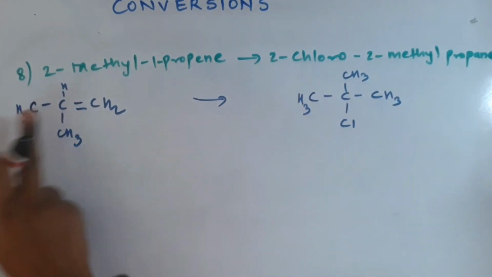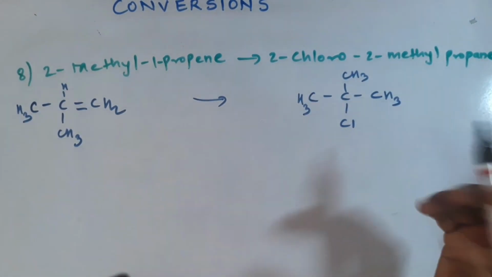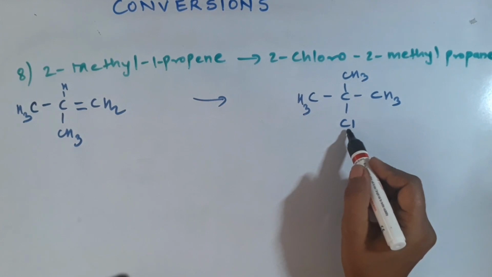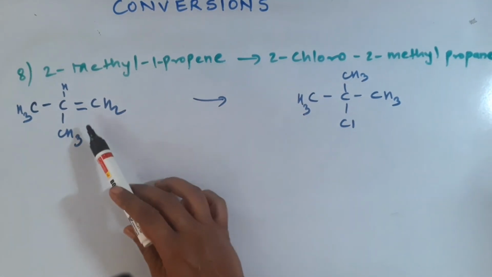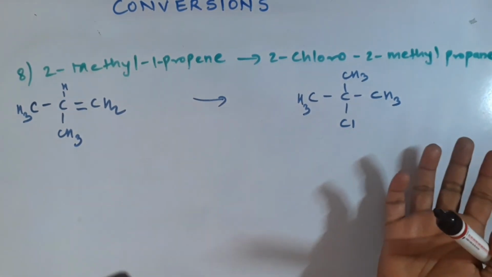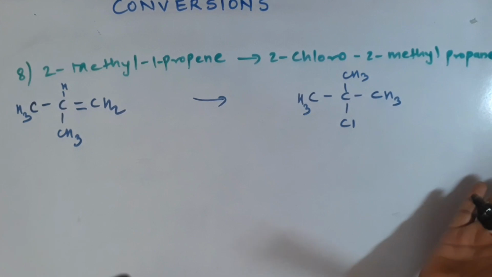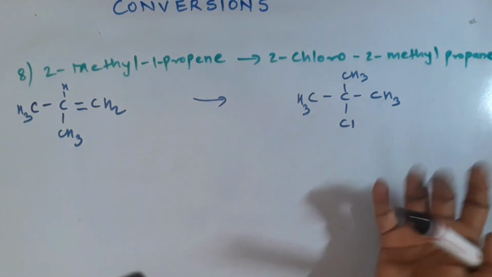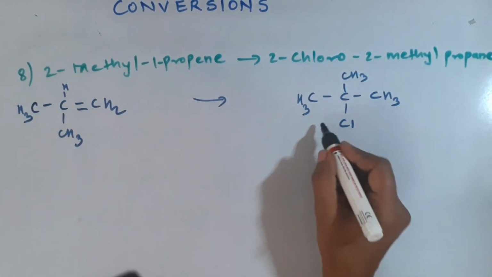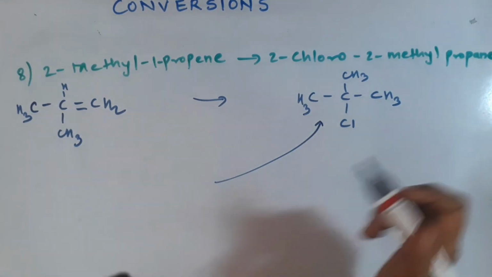Compare both the things. 1, 2, 3, 4 and 1, 2, 3, 4, so carbon atoms are not changing. What is changing is Cl. We have got an extra Cl; we don't have a Cl in the reactant. How to add Cl? We all know by adding reagents like SOCl2, PCl3, PCl5 and so on. But right now we will use a different reagent because there is a double bond here. So the best reagent to add here is HCl.